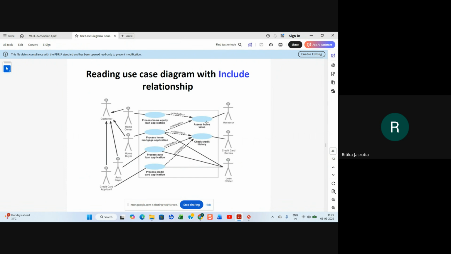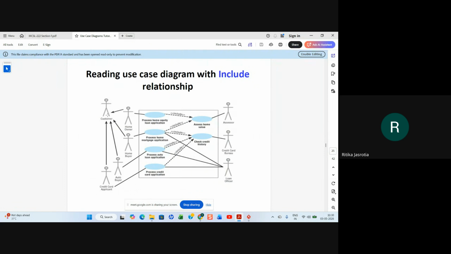Right. Here also they have given you a reading use case with include relationship. So you have homeowner and home buyer. Again a loan kind of a thing they are saying. So a customer is there. Customer can be of different types. This is generalization they are showing.